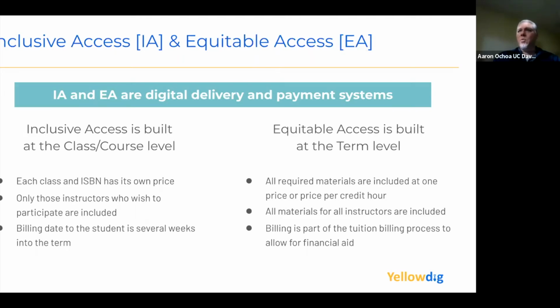If we include print books, the price goes up. It just does. It costs more for the program. It costs more for the publishers, then ultimately ends up costing more for the student. So there's one piece. Second piece is all the logistical issues that we come across when it comes to delivering this type of program. I would say 90% of them all revolve around a print book. And so the less amount of those that we have, the more streamlined of a program we have that we can deliver, which again,